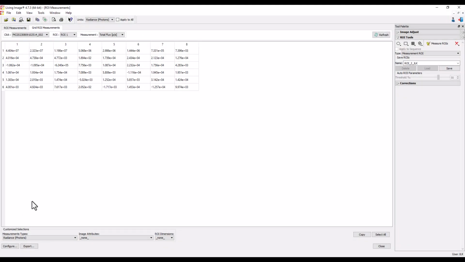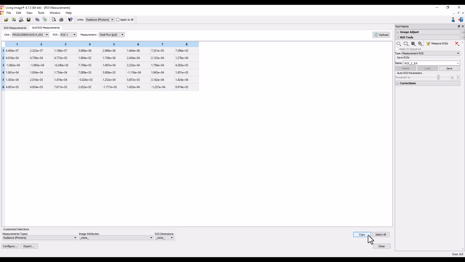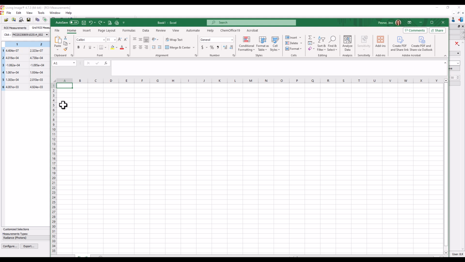Click on the Grid ROI Measurements tab. Your quantitative data will now be visible and displayed in a grid format that matches the image in the image window. To export the data, click on Select All and Copy in the lower right-hand corner of the ROI Measurements window. The data is now copied to the clipboard on your computer and can be easily pasted into Excel